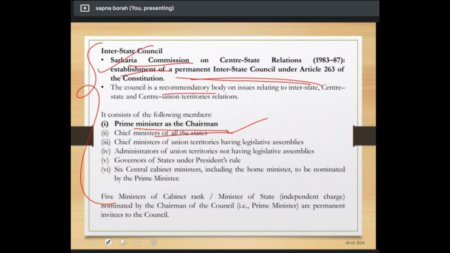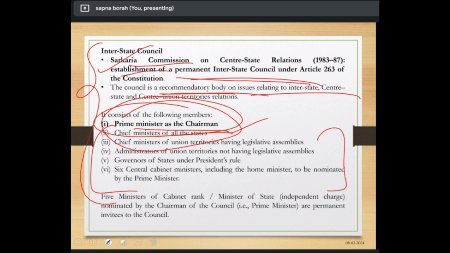Again, it's a recommendatory body, right? Chairman is the Prime Minister. Please remember, many people consider the chairman to be the President, thinking that since it's a constitutional body it will definitely be the President, but actually the chairman of the ISC is the Prime Minister. Please remember. And the other members you can look up: Chief Ministers, Chief Ministers of Union Territories, so